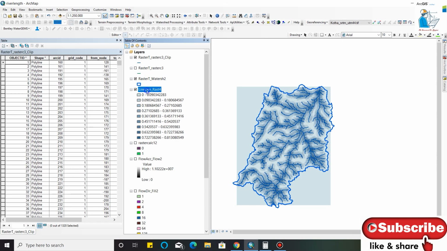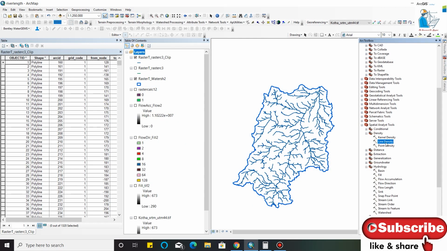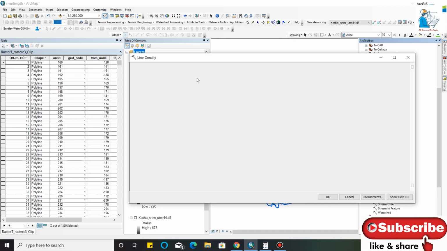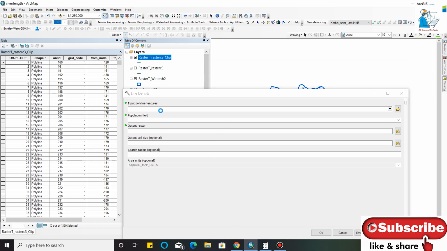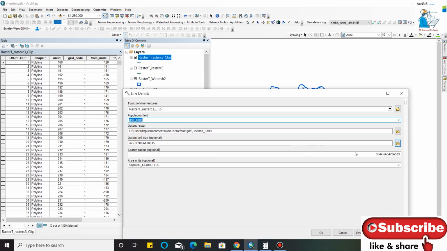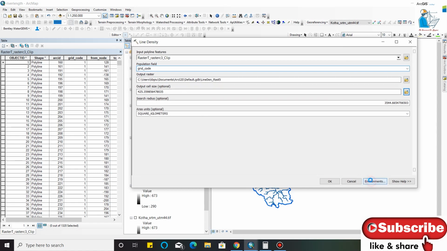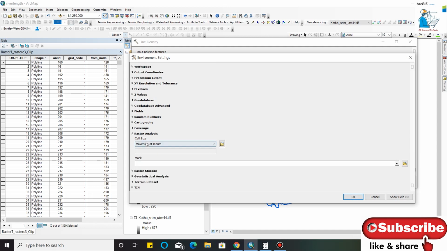Okay, there is a problem again. We will do this again. Go to the line density. We have to set the environment also. Select the polyline, grid code, and in environment, select the mask in raster analysis.